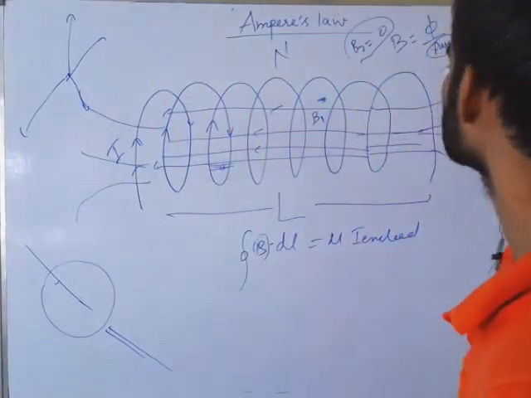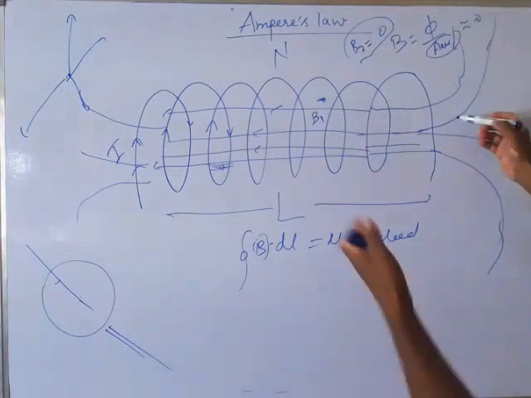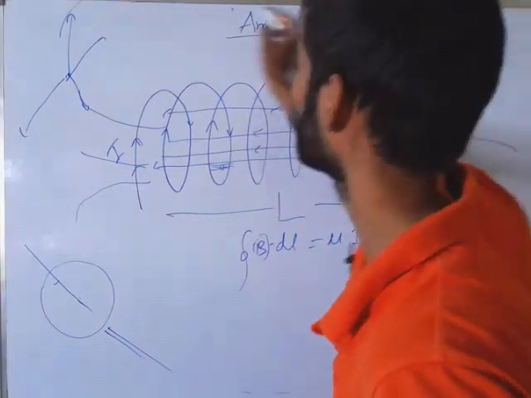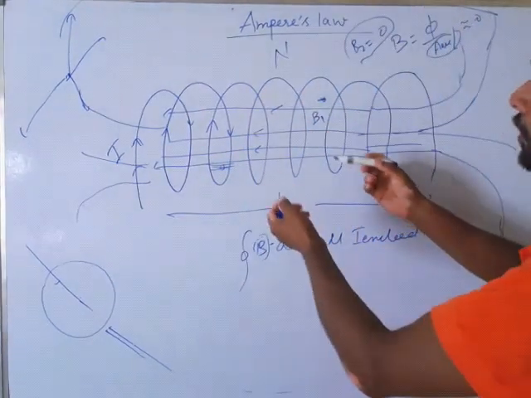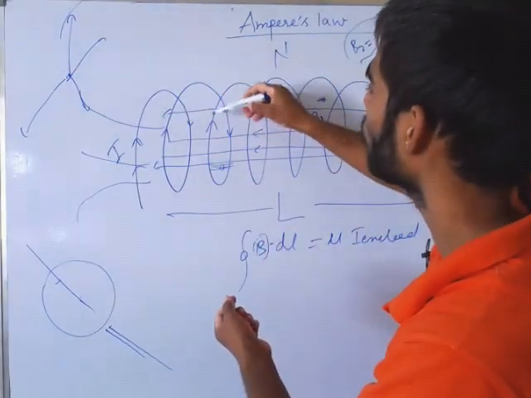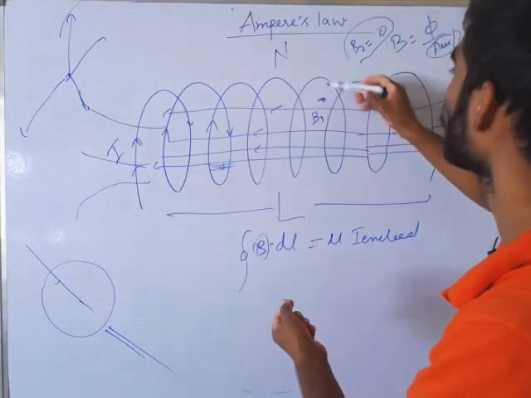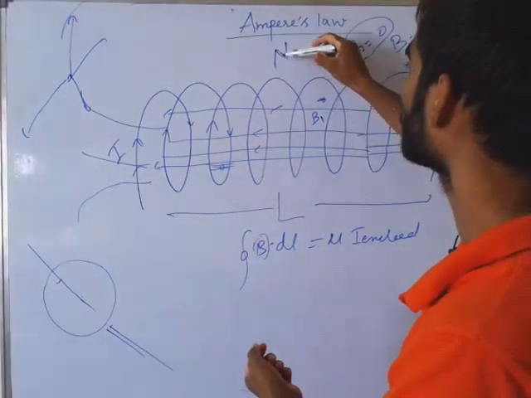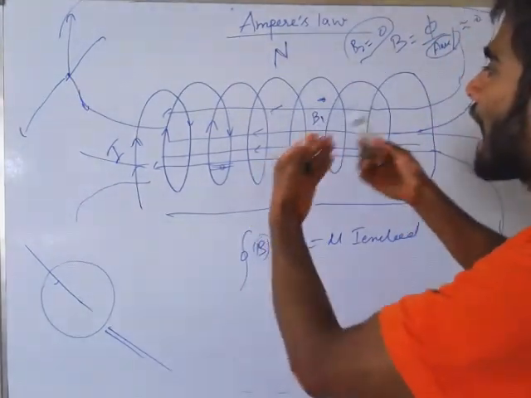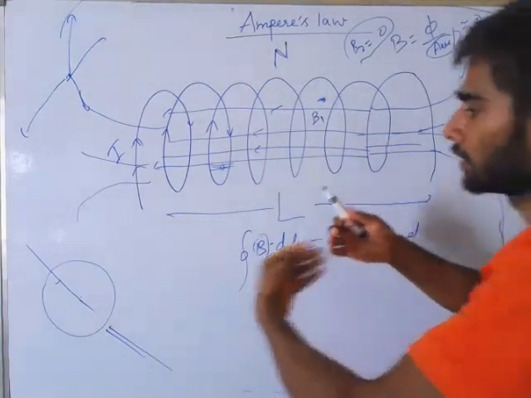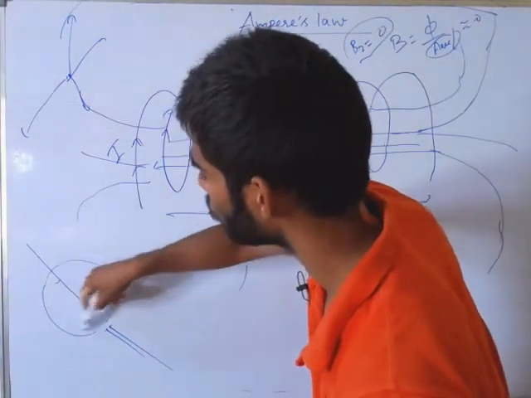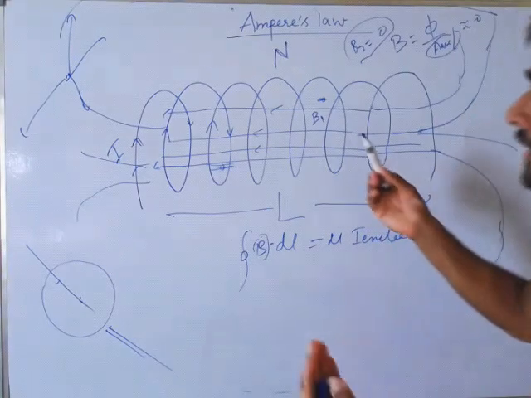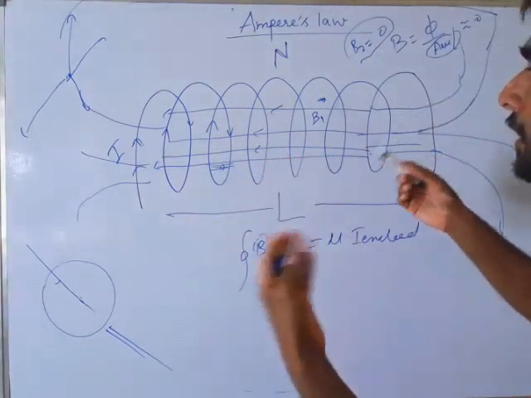But now, suppose we take this loop, one of the loops. Suppose we have taken one loop. Now in this loop, how many wires are coming outside? 1, 2, 3, 4, 5, 6. Suppose n wires are coming outside, meaning n wires are linked. Here only one wire was linked with this loop. Here in this loop, 1, 2, 3, n wires are linked, meaning n current carrying conductors are linked in this loop.